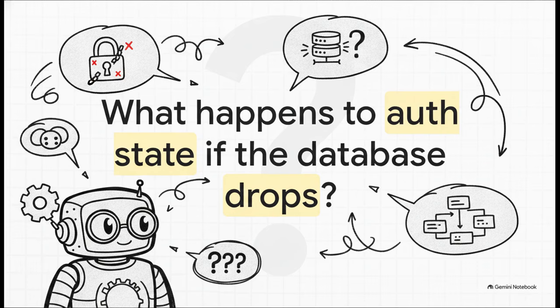It stops you in your tracks and asks something like, what happens to the authentication state if the database drops mid-transaction? It's actively looking for edge cases, missing security vectors, and architectural ambiguities. It forces this rigorous exploration and planning phase before any premature execution loops even kick off. And this is a game changer because it fundamentally prevents you from building on top of flawed assumptions.